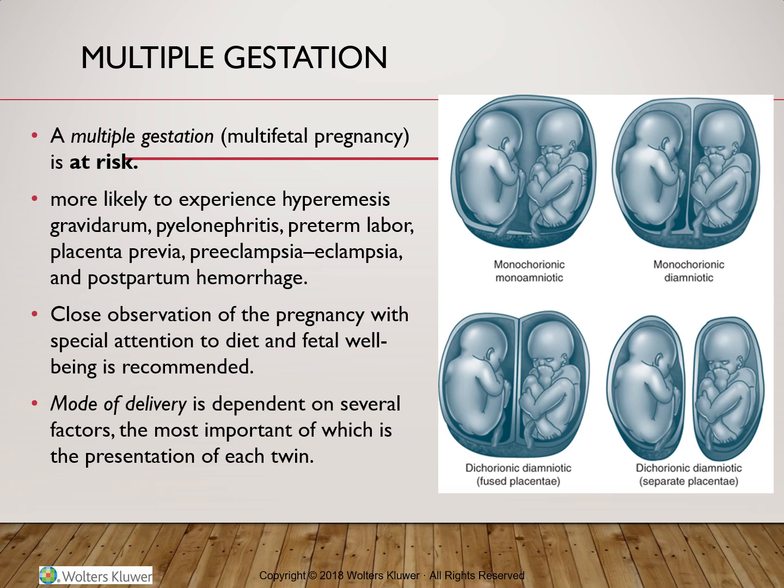The twins can be identical or monozygotic, resulting from one ovum, or fraternal or dizygotic, the result of two ova fertilized by two sperms. A woman has a high risk to conceive twins if she had twins in the past. Also associated with that would be an older maternal age, multiparity, or a family history of twins. When we are looking at monozygotic twins, those can have one or two placentas and one or two amniotic sacs.